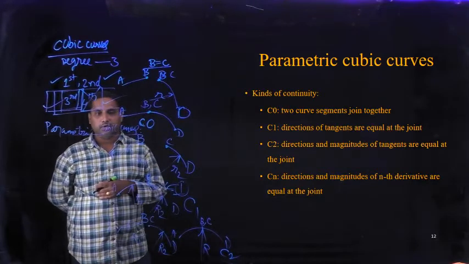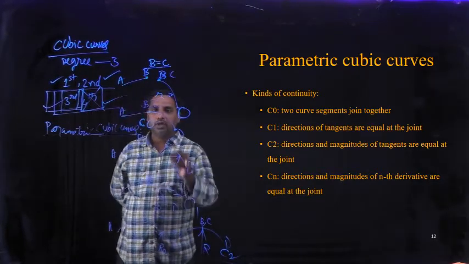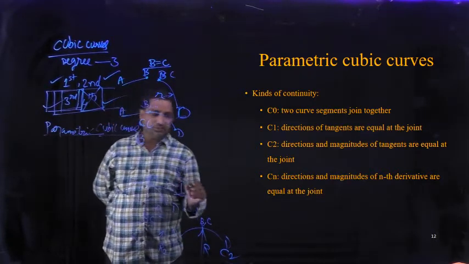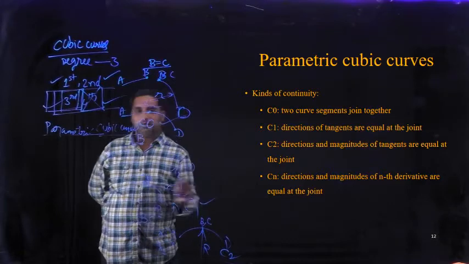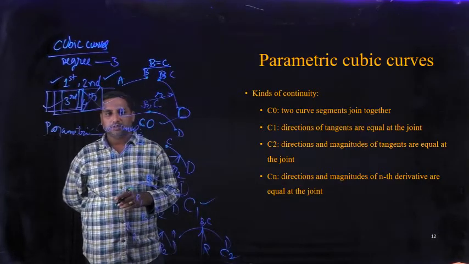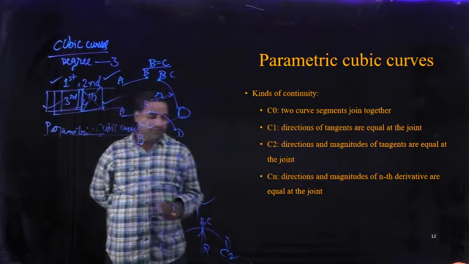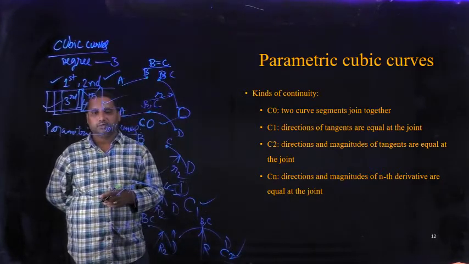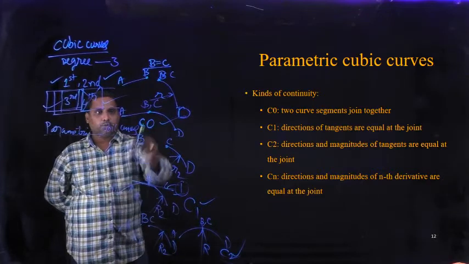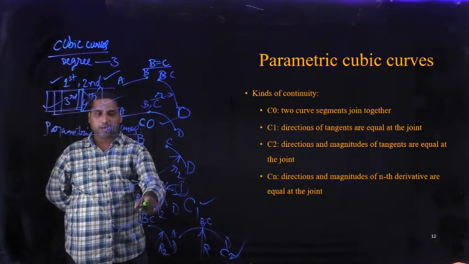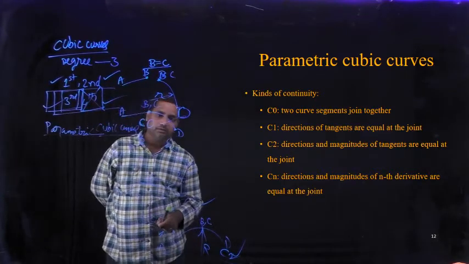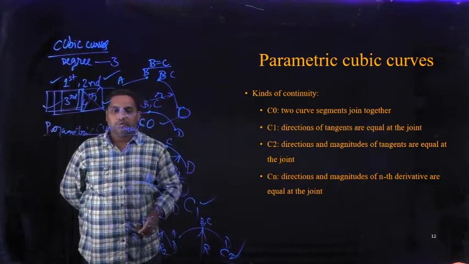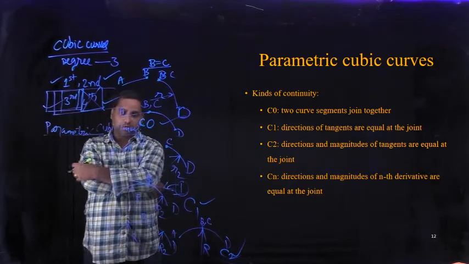So now what I told you about the C0 continuity or point continuity, next one C1 continuity or tangent continuity, and next one is C2 continuity or radius of curvature continuity. Here points are equal, the tangent is common, and the radius of curvature is equal. So these are the continuities required for joining the different